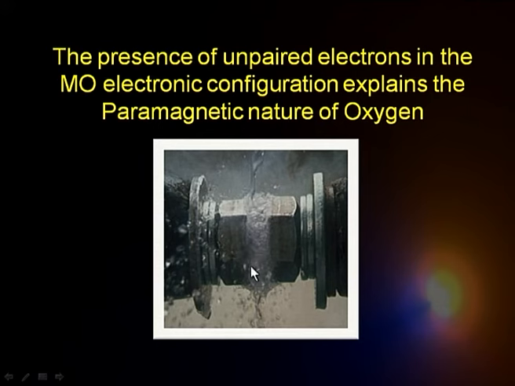because of its paramagnetism. That is an experimental fact, and this fact can be explained only on the basis of molecular orbital theory. That is one big success of molecular orbital theory, because according to valence bond theory, which we will talk about later, we cannot have this kind of explanation, and the older classical theories also were inadequate in explaining this experimental observation.